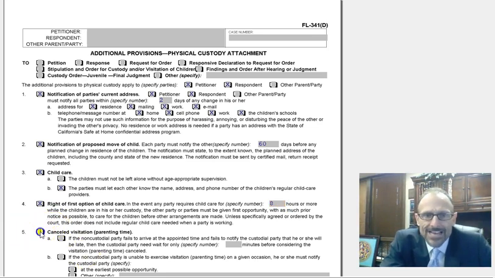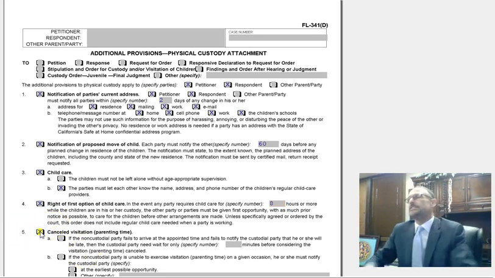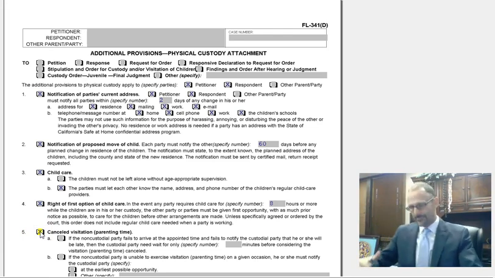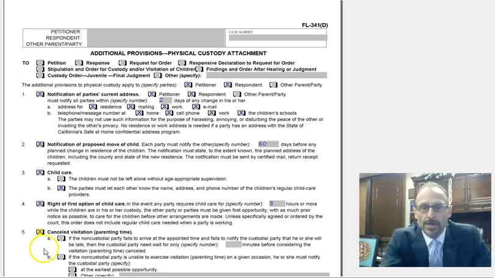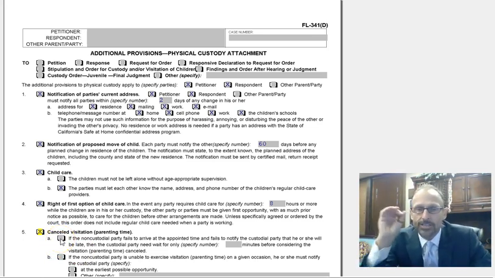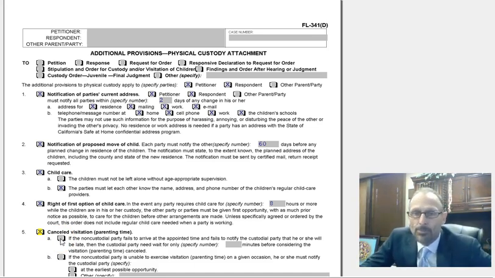Okay, number 5 says canceled visitation or parenting time. So this is a paragraph that is about giving notice if you are unable to care for the children. This may or may not apply to you, so look at this. A says, if the non-custodial party fails to arrive at the appointed time and fails to notify the other party that he or she is going to be late, then the custodial party need wait only a certain amount